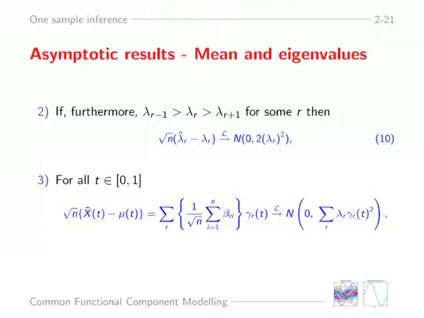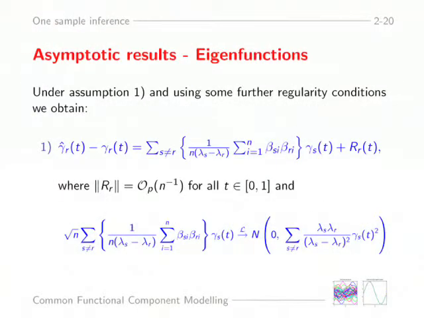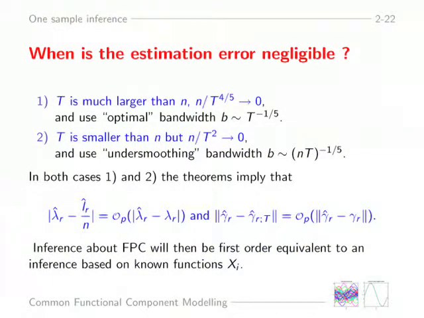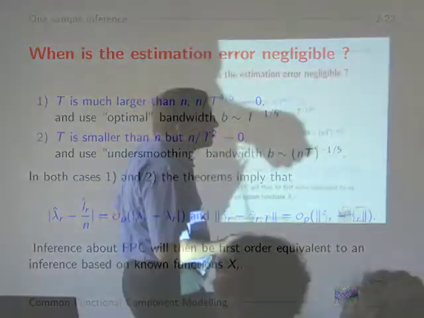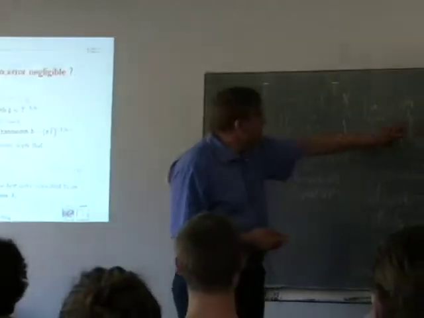Okay, so these are some asymptotic results about distributions for the convergence of eigenfunctions, or the principal components, and of means and eigenvalues. A problem in order to use that is that I only have some rates of convergence and so on. It's much more difficult to get real distributions there. And when is the estimation error, that means the difference between this and that,